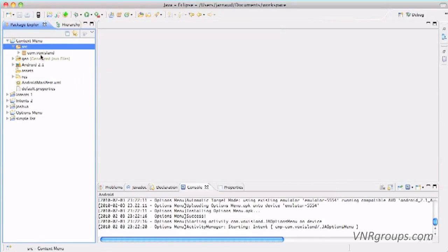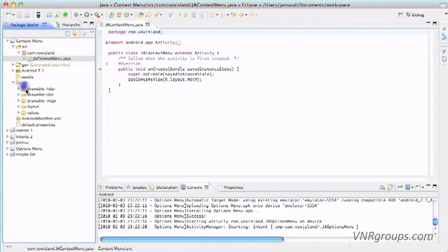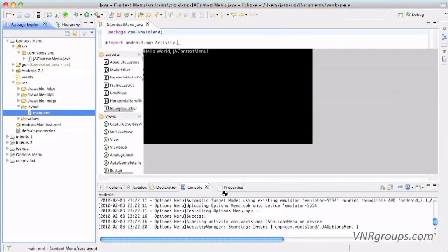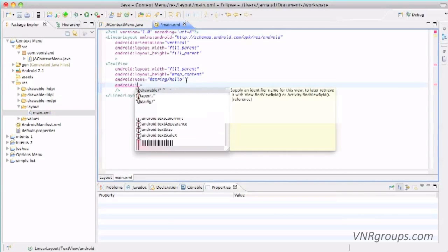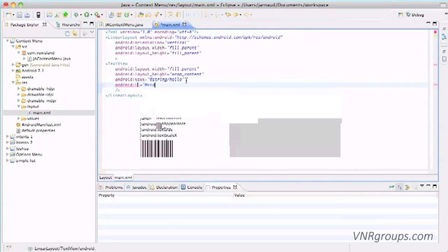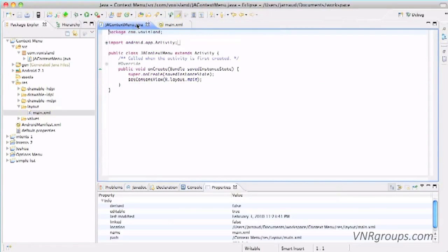And here we go, we have a new project. Now we're going to open the Java file. And I will also open the layout file because I will need to provide an ID to this text view, same thing I did for the options menus. So let's do that. Go here in my node.xml and provide an ID to this text view. I still have absolutely no imagination today, so we'll name it TV. And I can save and go back to the Java file where we can have a talk about context menus